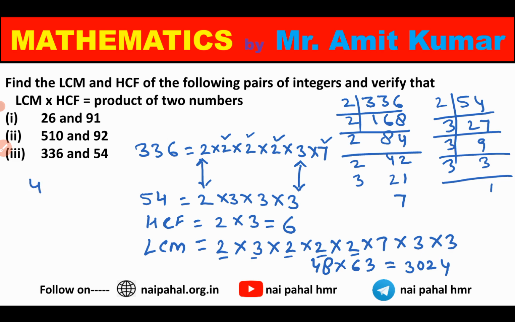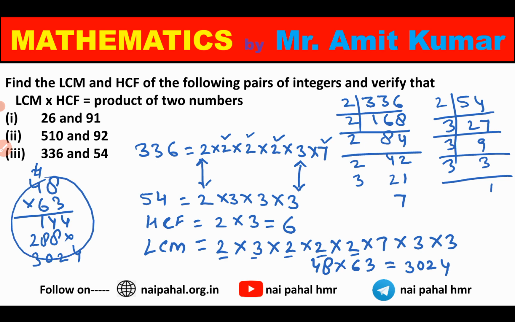If you want to check, then you can check here. 48 multiplied by 63: 3 8s are 24 and 3 4s are 12, 2 14. 6 8s are 48, 4; 6 4s are 24, 28; 4, 8, 4, 12, carry 1; 8, 2, 10, carry 1; 3024. Here you got it. Okay then. Now what should we have to do here?